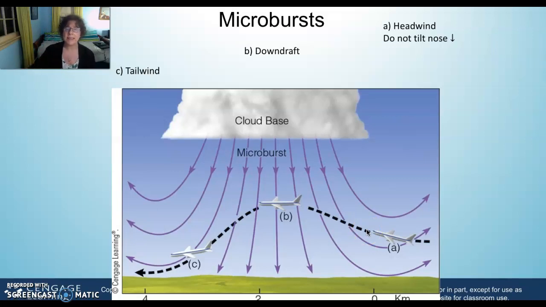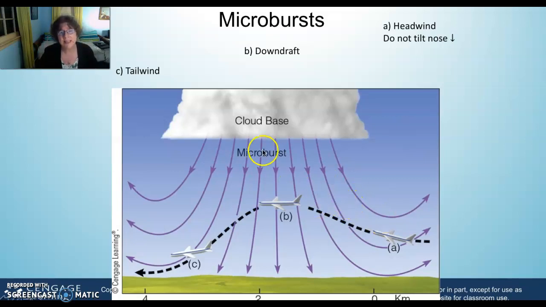And if he or she has a headwind in that area, the temptation is to tilt the nose downward, because suddenly this plane is taking off a lot faster and going up at a very good clip, which is alarming your passengers. So the tendency is to tilt the nose downward, and that is a fatal mistake,